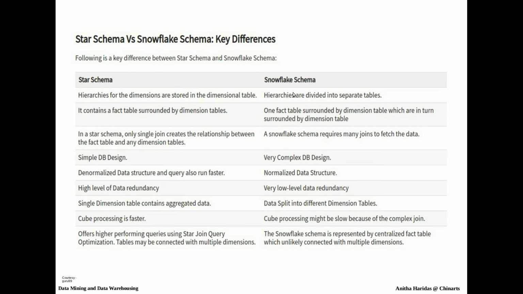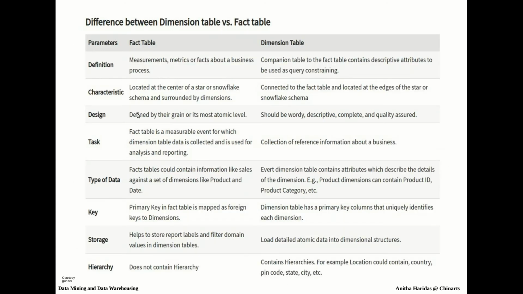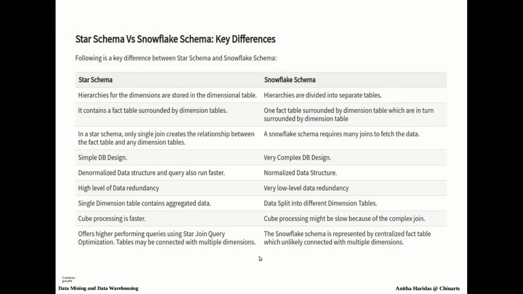And you can also go through the differences between star schema and snowflake schema. I collected it from the Guru99 tutorial, and obviously another difference is also shown here, the difference between fact table and dimension table. You can go through the differences between fact table and dimension table also if required. And this is another interesting difference which I told you, the difference between star schema and the snowflake schema, and you can also go through how it differs.